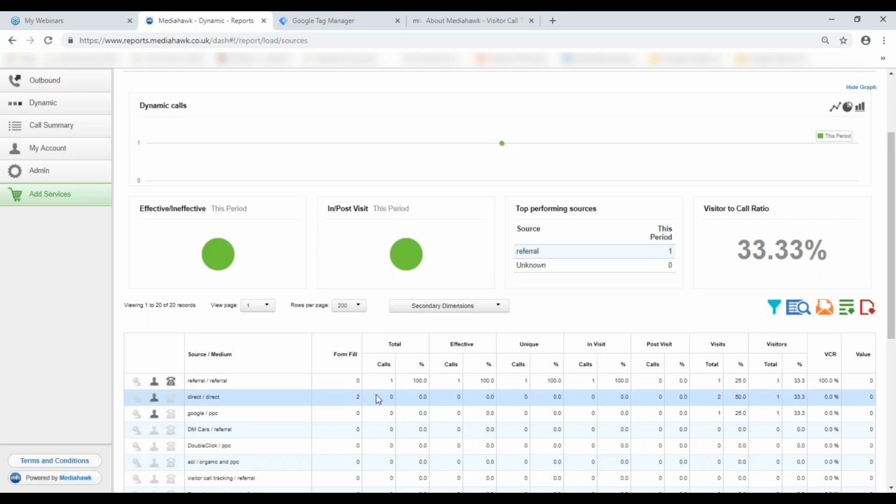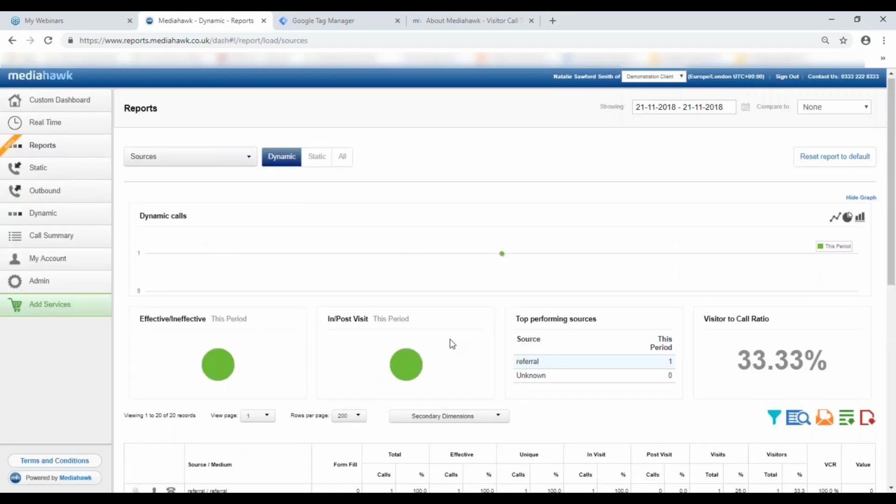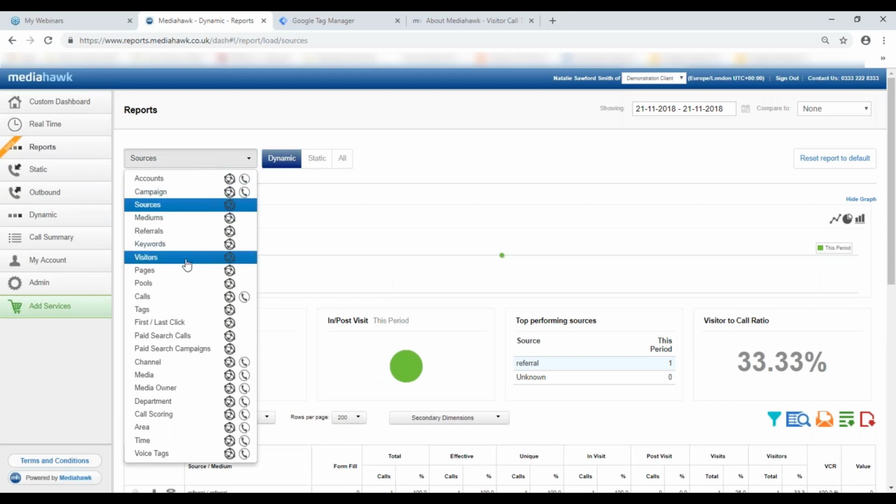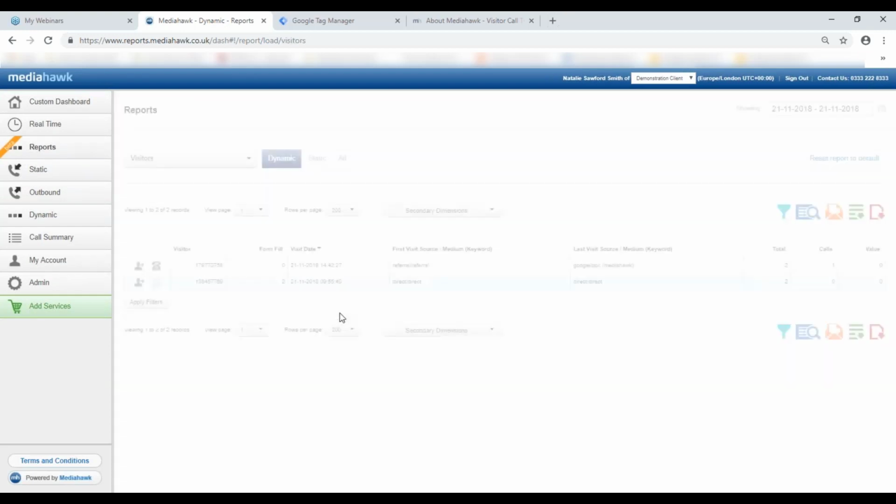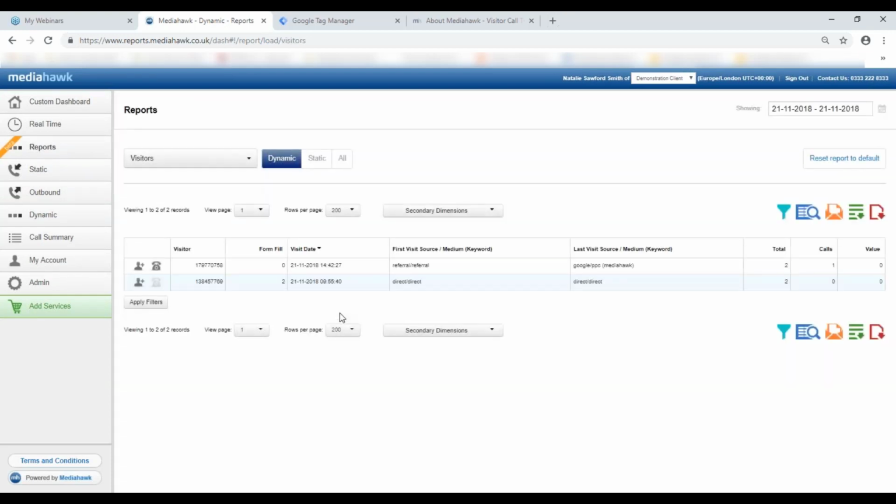Okay, if we then want to have a look and see this in more detail, the second place we can see this data is under the visitors report. And again, that secondary dimension has stayed with the report as we've moved across, and we can see 2 form fills against this visit. If we click into the visitor journey now,